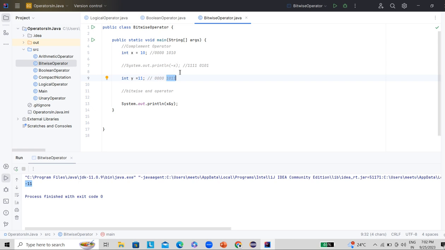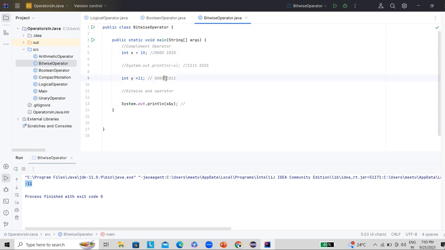So let's calculate this AND operation. If we perform the AND operation of this x and y, 0 and 1 becomes 0 only. Let's calculate from the left side.